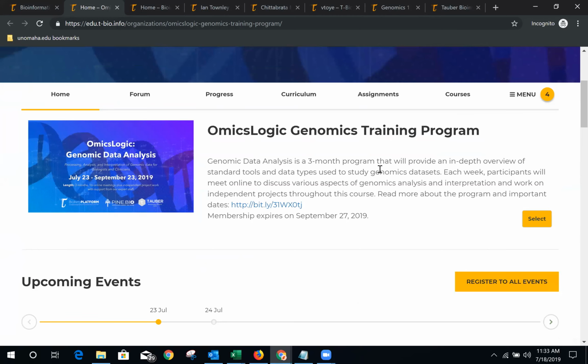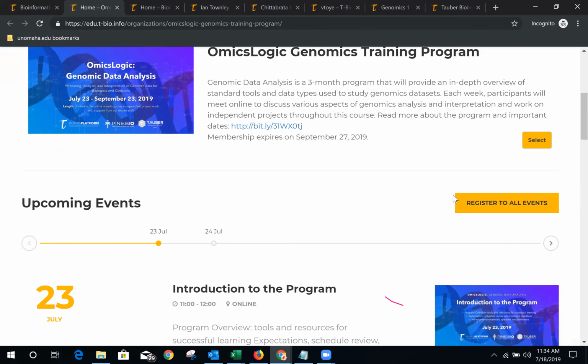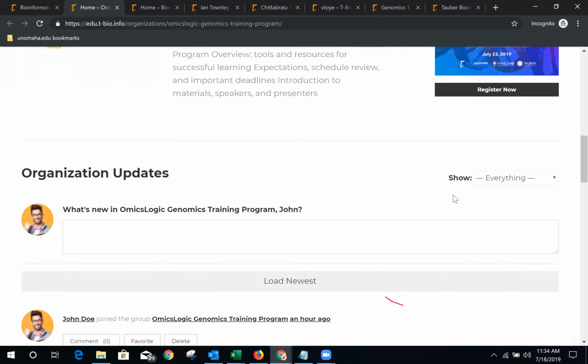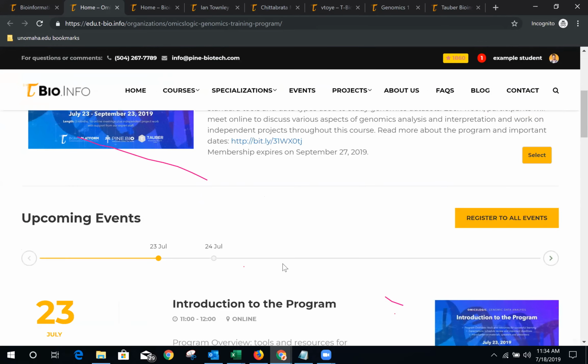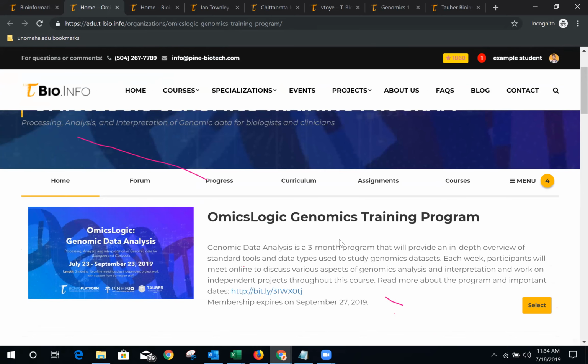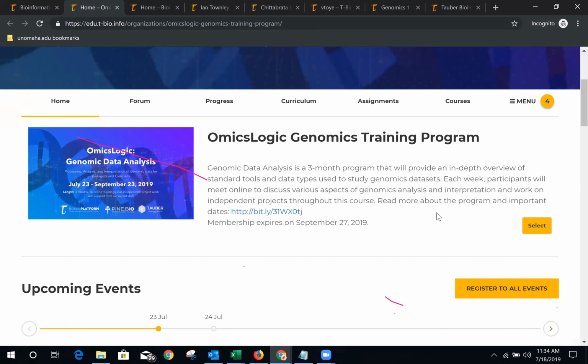Over here you could see that this is the payment portal through which you can be part of the program and register yourself. Once you are registered to the program, you would have access to this organization page, and you could explore all the events. You could look at the curriculum, and what all the updates are going on. You could figure that out over here in the update section. So I'll just walk you through how to go ahead and pay or register. Over here you can see that there is an option that says select. So we're going to click on that,